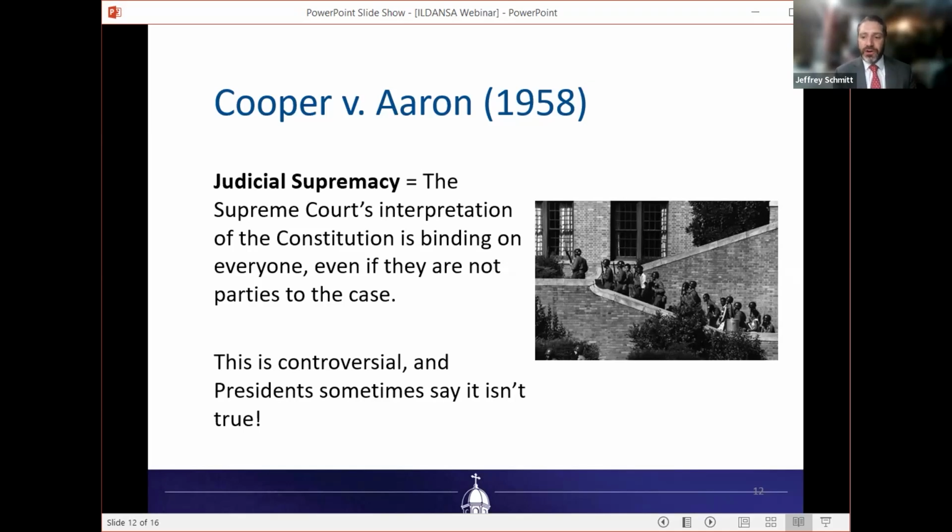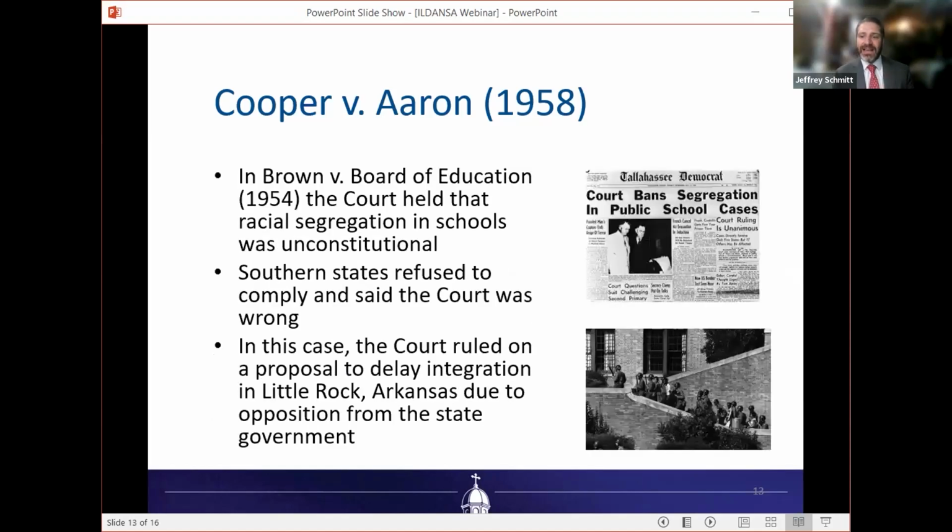So this is a little bit controversial, and you can see the president today, President Trump's administration, essentially is pushing back against this and strongly suggesting, without saying it out loud, that Cooper v. Aaron is wrong. So I think it makes sense to talk for a second about the context of Cooper v. Aaron, give a little bit more of an understanding here. So in Cooper v. Aaron, this was part of the response to Southern defiance of Brown v. Board of Education. This is the biggest thing the Supreme Court has ever done, at least up to this point, probably in its history.